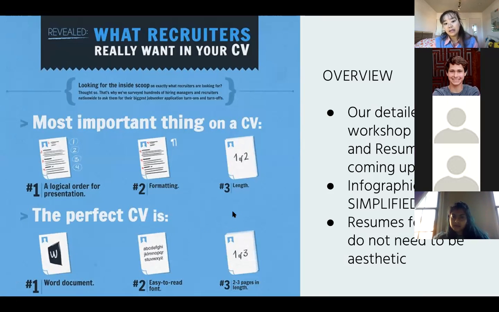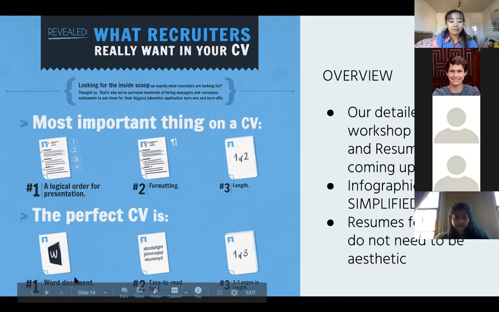Medical internships, not as much, from my experience, but a lot of the professors who are scouting all of you for their summer internships do like seeing your full-blown list and not just one condensed resume page. Usually what is included in a CV is a logical order of your presentations and your publications. Formatting is very important. Mostly Word documents. Sometimes they like PDFs, but I would always suggest using a Word document file that is easy to read.